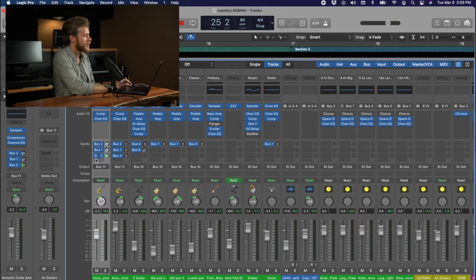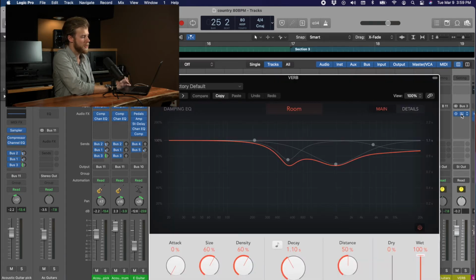This send is not going to change anything on this channel. This is telling us how much signal I am going to send to this channel. So now on this reverb here, I'm going to open this back up. You'll see it is set to 100% wet. That is 100%